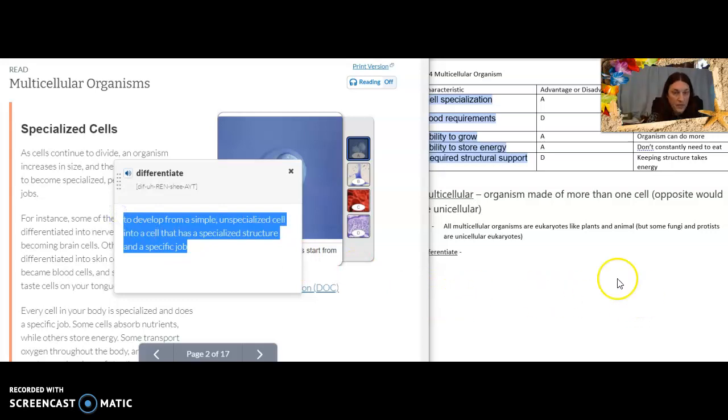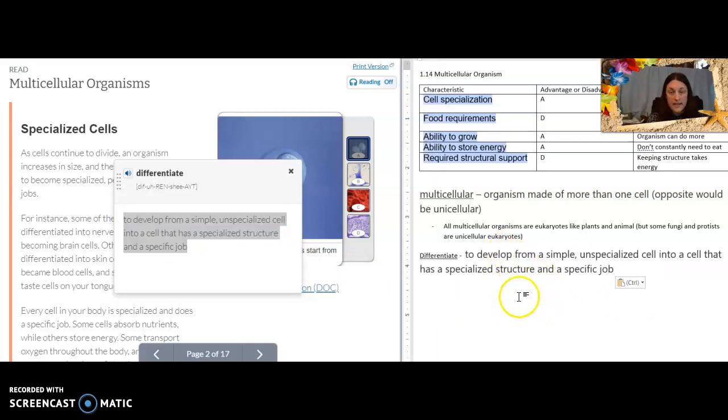All right, so we can copy paste that, but nobody talks like this. So it's hard to remember definitions where they're written in a way that you don't actually talk like that in real life. So let's try and put this in more real life words. So differentiate, to develop from a simple unspecialized cell into a cell that has a specific structure and a specific job. All right, so I would just say that it's a cell